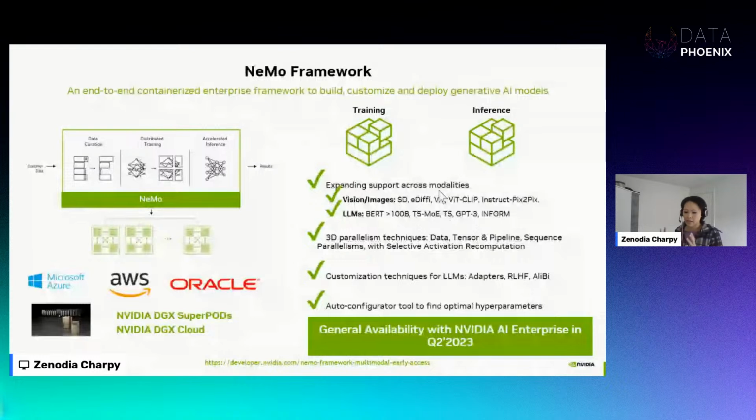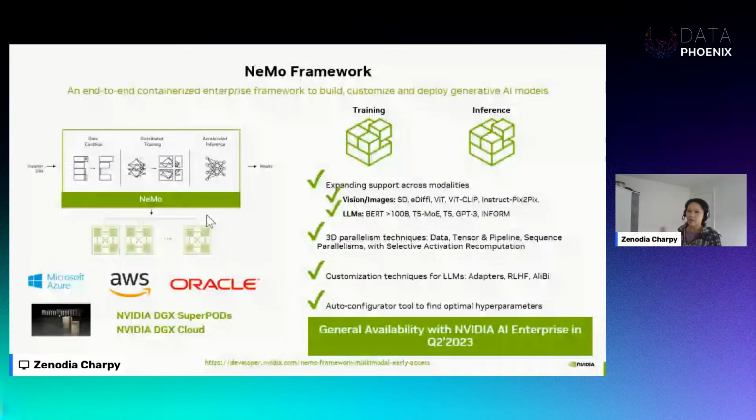Now, NeMo framework is a full-stack framework that takes you end to end. It's not just helping you do training, it helps you make inference as well. So once you have a model that you're satisfied with and you would like to make inference, I'm not talking about inference where one person goes at a time and the second person has to wait in the queue. I'm talking about inference at scale. It will scale as your use cases and your queries scale. So it's purposely built to scale both in training as well as inferencing.